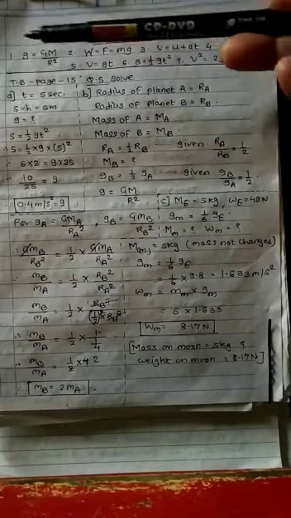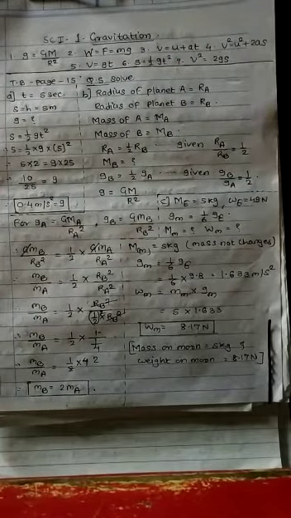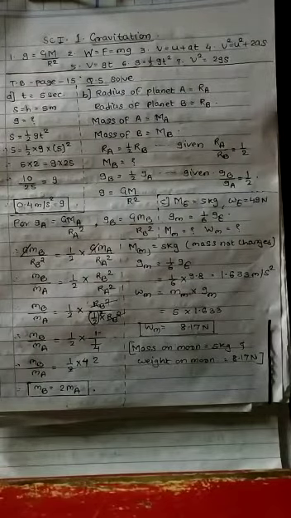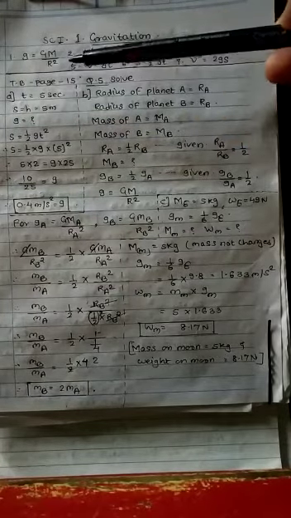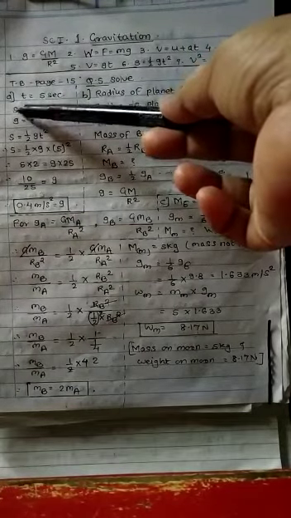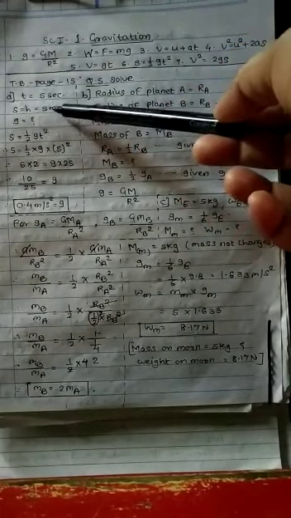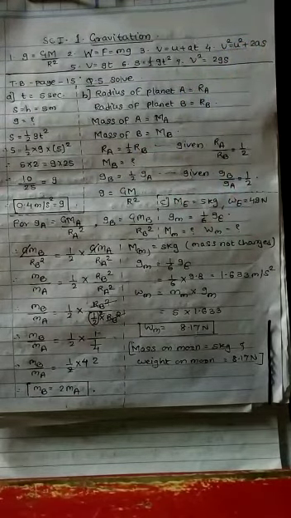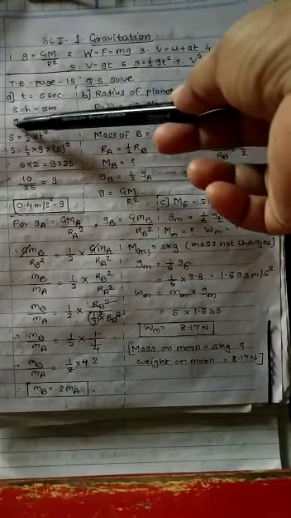So first I read the question. An object takes 5 seconds to reach the ground from a height of 5 meter. 5 seconds means the t is given here. Height means h or s. S is also displacement, it is also a height, equal to 5 meter. And here we have to find out what is the value of g on the planet. So here we find small g.